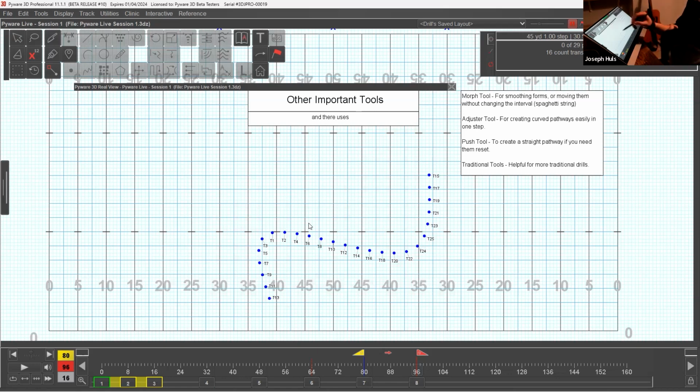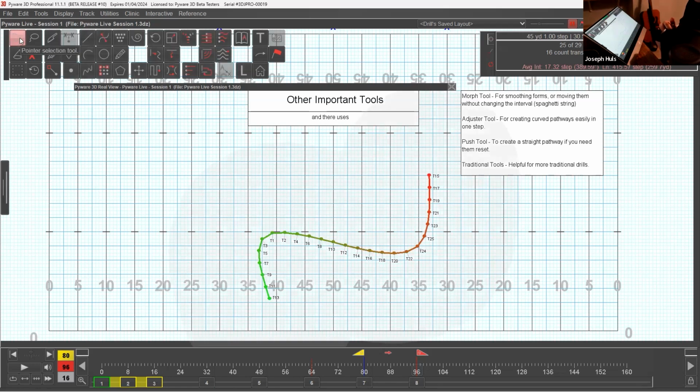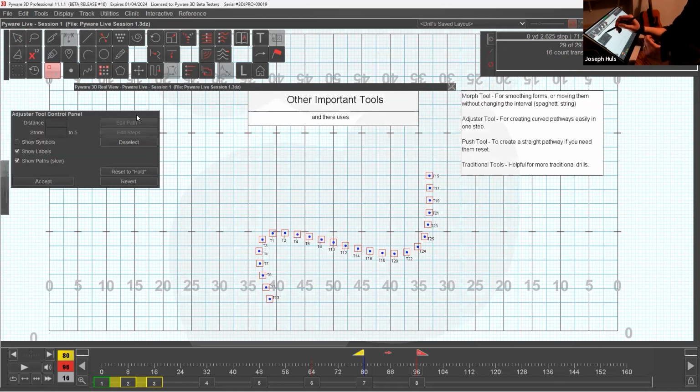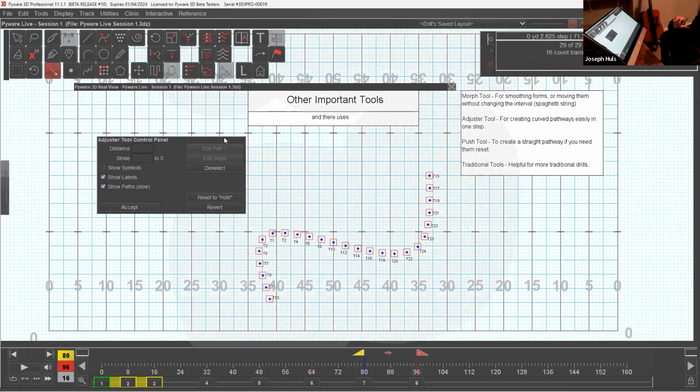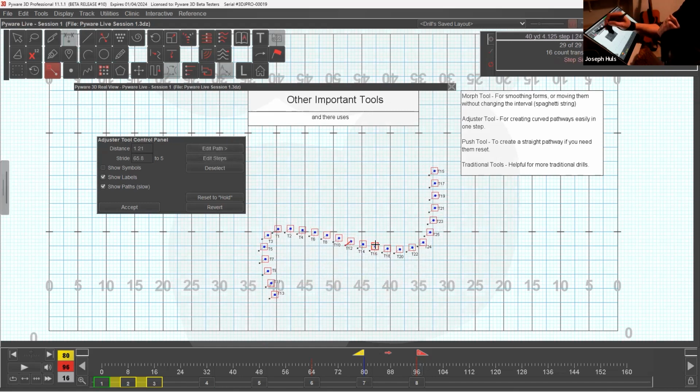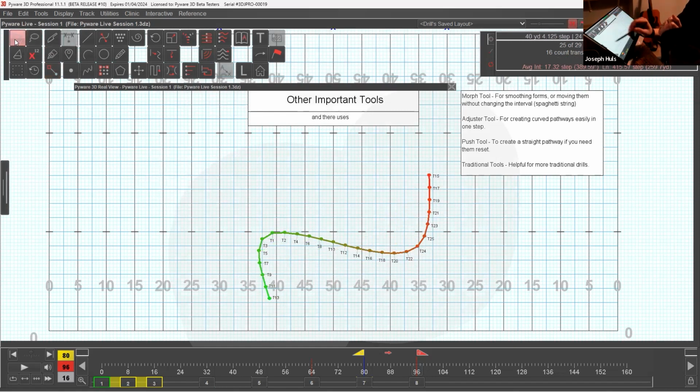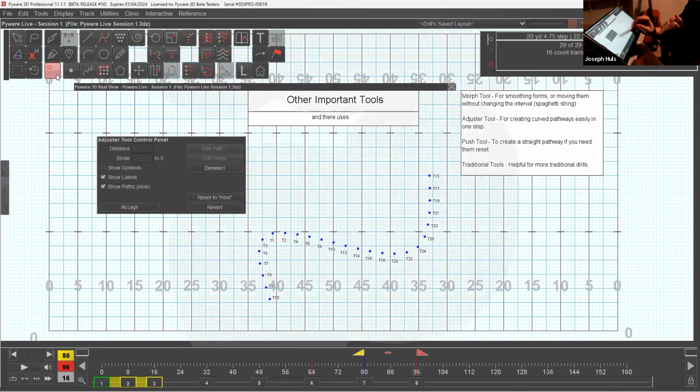All right, this last one, adjuster tool. It's way over here underneath the glue tool. And this in itself is a way to create a lot of transitions. It's just a little bit more time consuming. You can move literally anybody, anywhere. Oh, sorry, don't select anybody before you do it. You can move anybody, anywhere,